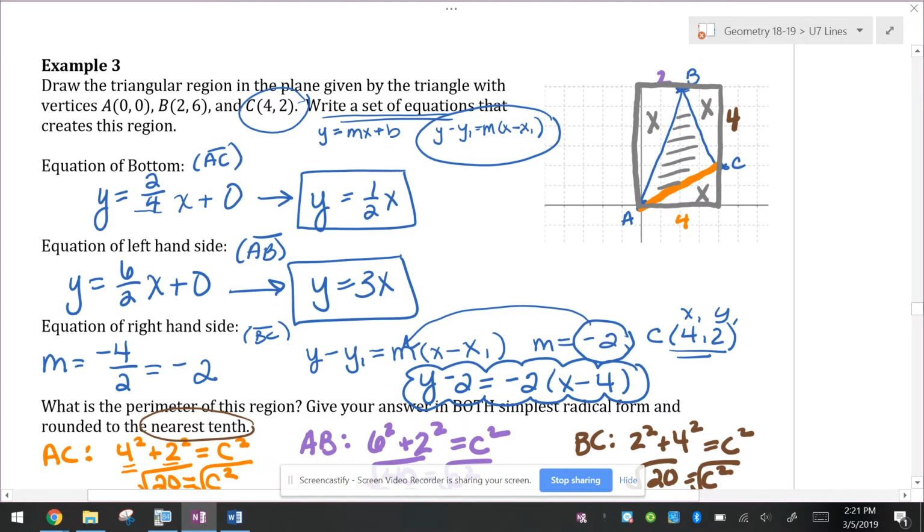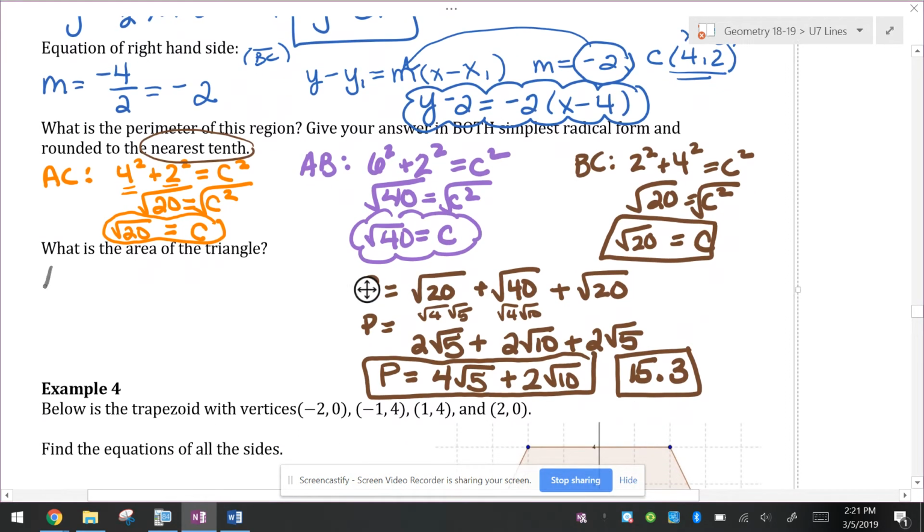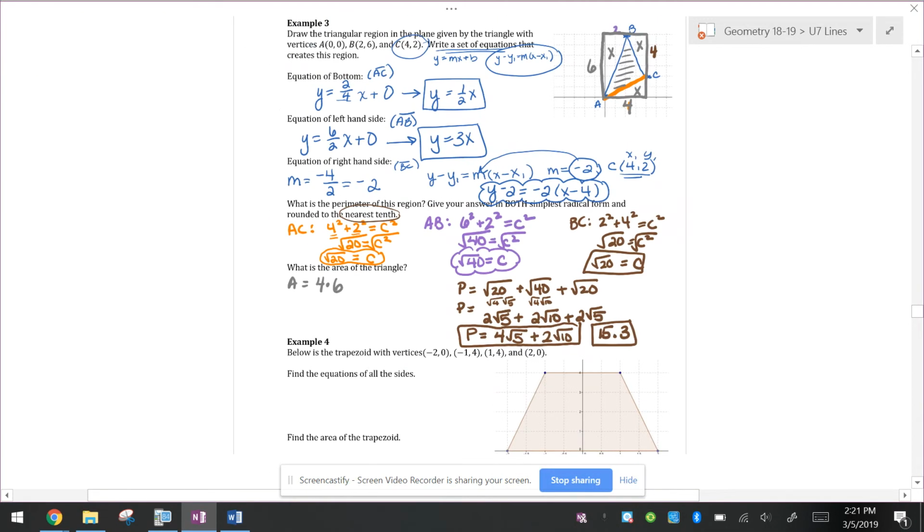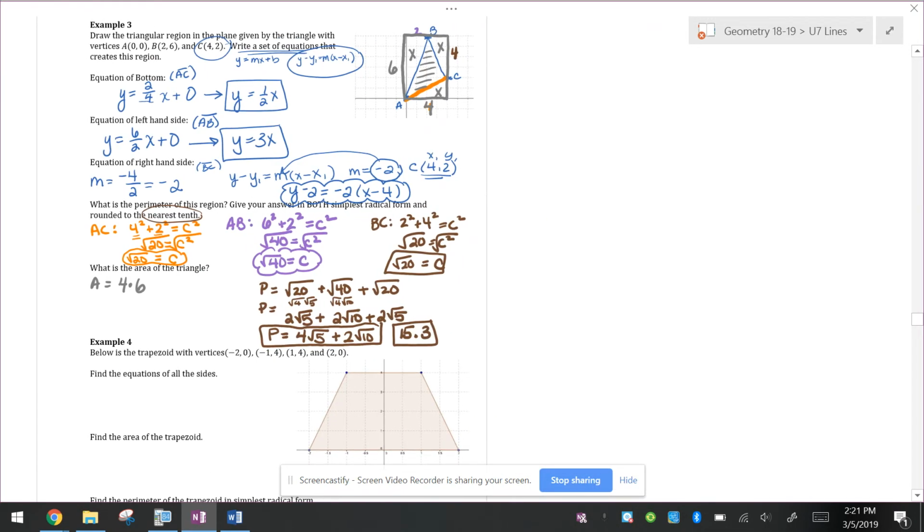which will leave us with the area we really want. So across the bottom, we have a width of 4. Straight down here, I have a length of 6. So the area of the big rectangle is 4 times 6. Then I have to do each individual triangle a little at a time. So that was a 2, that was a 2, and that was a 2. And so there's the big area,